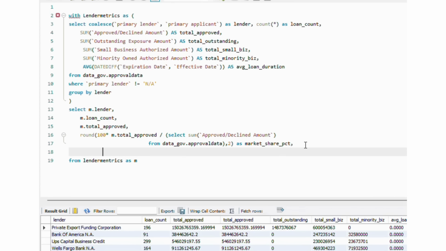Okay. We also mentioned something about the outstanding balance. So we're gonna get the outstanding balance. To get the outstanding balance, we're gonna round the same thing we did. We're gonna say the value for one bank, total outstanding, not total approved. Total outstanding for one bank. We just copy and paste, and then we're gonna divide it